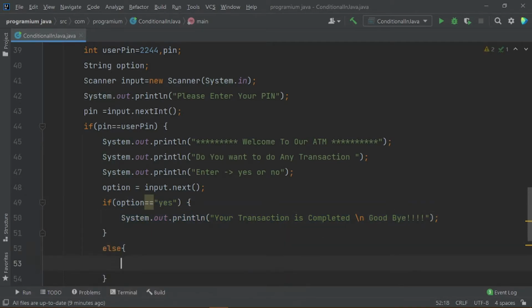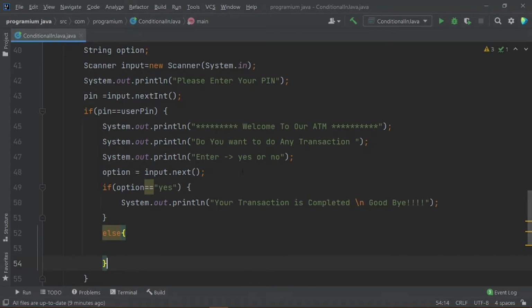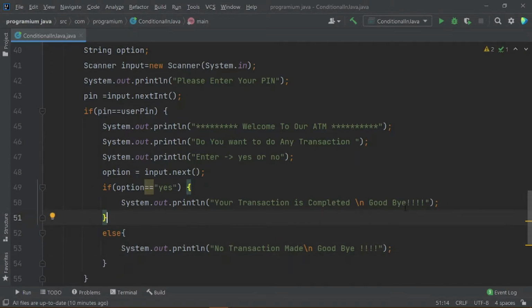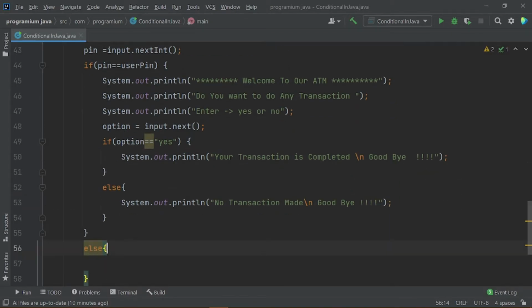But if there are any other possibilities like no or whatever the user entered, we will simply say no transaction made. Again I am writing goodbye here because the user selected to exit. So guys, this was the program that we have created right now.